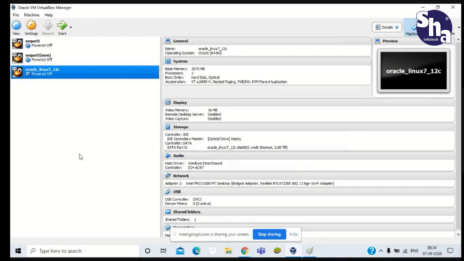What is the size of RAM in your PC or laptop? I have 8 GB. 8 GB. And others? I have 10 GB total. 10 GB, okay, very good. One thing, my PC configuration is a Pentium dual core. Will there be any problem, or will it run fine? It will be a bit slow, I think. Okay, just try once.